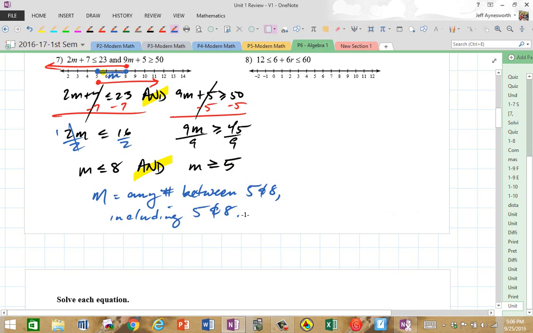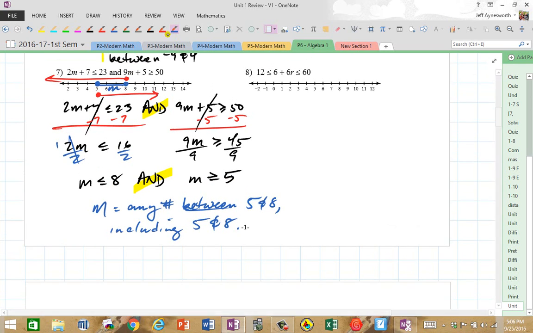All right, the keyword is between. So keep that in mind. All right, that's what it means. So blue is the solution, not the ones in red here in the graph, guys. Blue, the one in blue is. Keep that in mind. All right, on the last one here, so 12 is less than or equal to 6